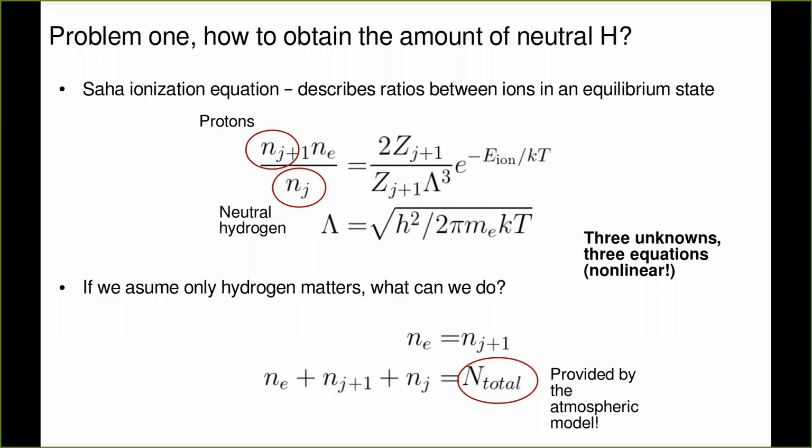Because after that, when I see how many protons, electrons, neutral hydrogen I have, how much helium I have, and so on, I can add all the appropriate masses and obtain the mass density. So from the temperature and pressure, I have obtained the mass density of my gas. Okay, and this is super cumbersome and super annoying. What I did here is I just outputted the values from my code. I didn't actually do it. But in the hands-on, we can do this together using the simple approximation like we did last year.